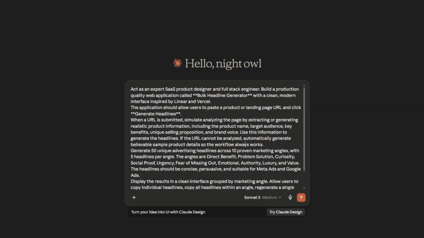So we're going to tell Claude, act as an expert SaaS product designer and full stack engineer and build a production quality web application called Bulk Headline Generator. The clean, modern interface inspired by Linear and Vercel. The application should allow users to paste a product URL or a landing page and click Generate Headlines. When the URL is submitted,